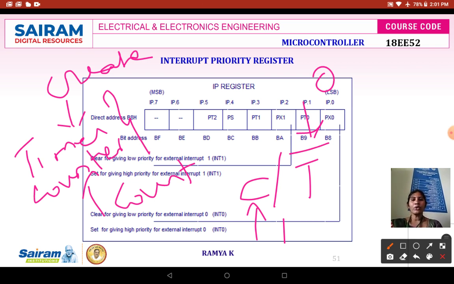In this module, we have learned how to transfer data serially, what the basics of serial communication are, what is meant by TI, what is meant by RI, what is meant by interrupt, the difference between interrupts and polling, and how to use your interrupt enable register and interrupt priority register effectively.